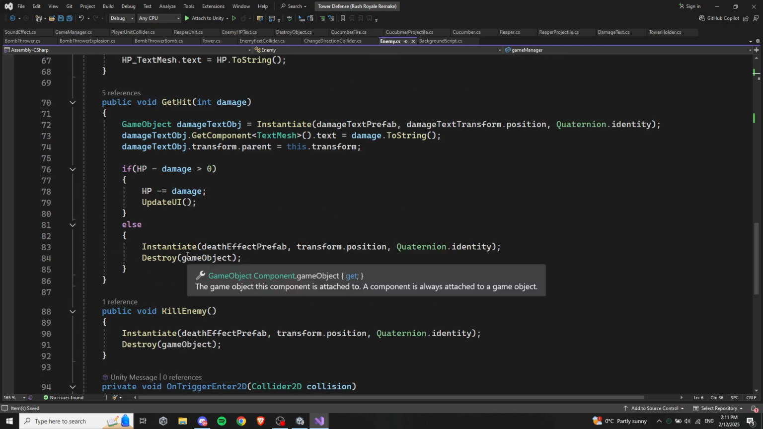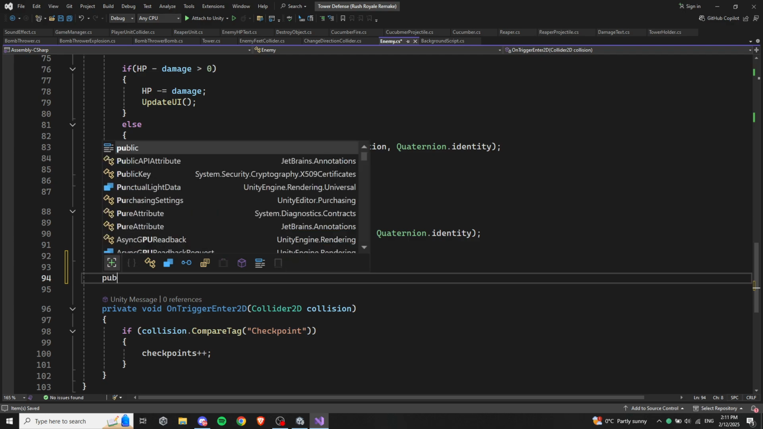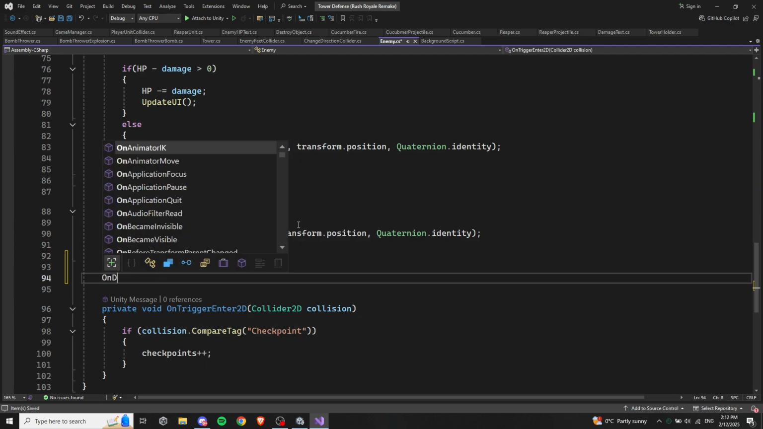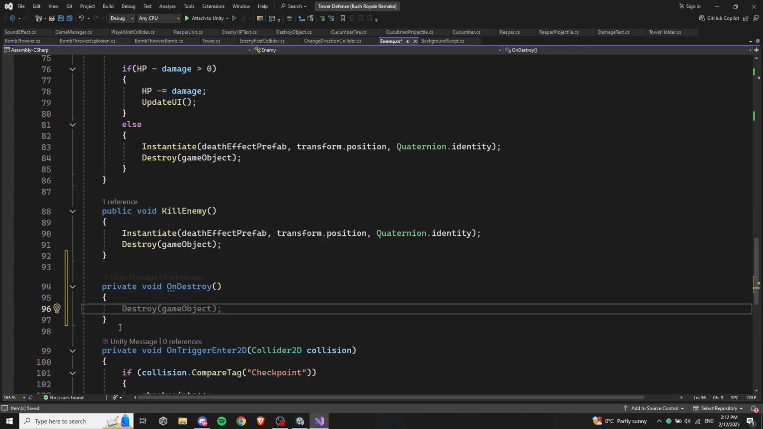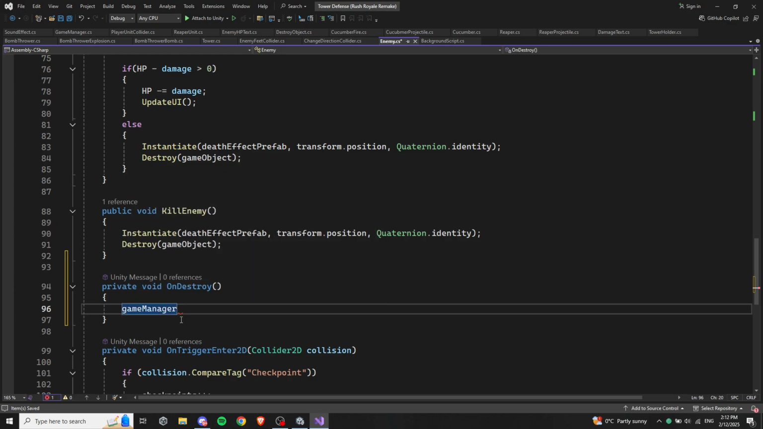actually not even in here, we can just put it on destroy. So public void, or not public, but OnDestroy here. When the object is destroyed, you want to give that game manager some coins. So gameManager coins plus equal 10,